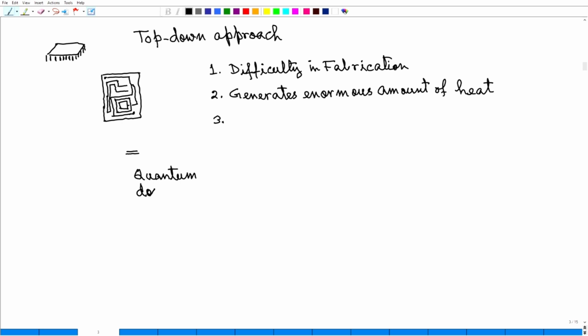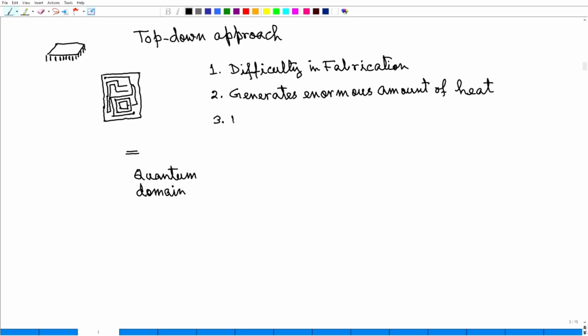We reach the quantum domain. Like electron is a quantum particle. So when we reach the quantum domain, then the Heisenberg uncertainty principle